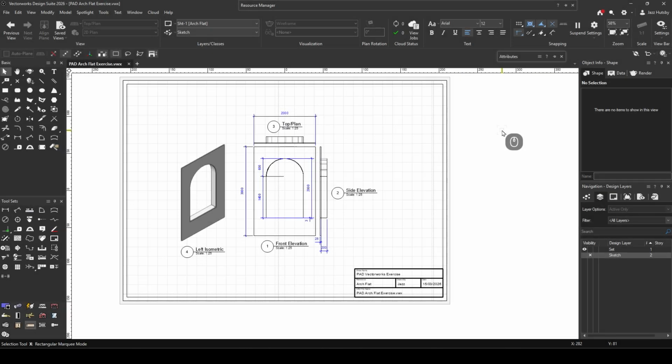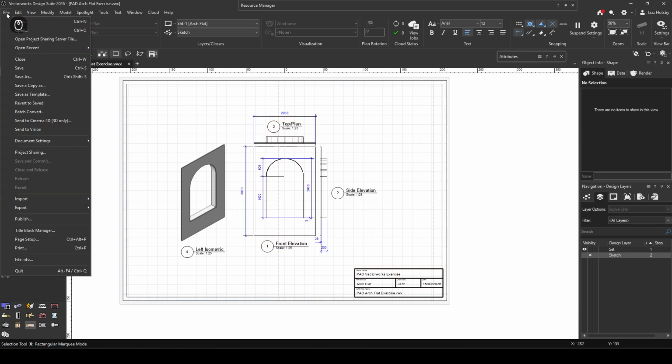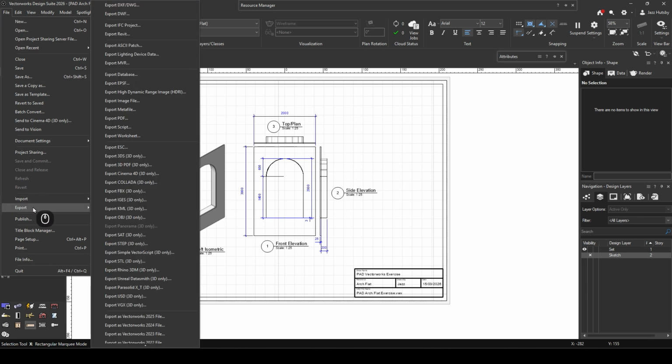So you may be wondering, how do you actually do that? How do you get this sheet layer out? A lot of times people will go to File and hit Export, or they'll try and print it out and export it as a PDF. That is wrong. That is not the way to do it. That can cause all sorts of issues